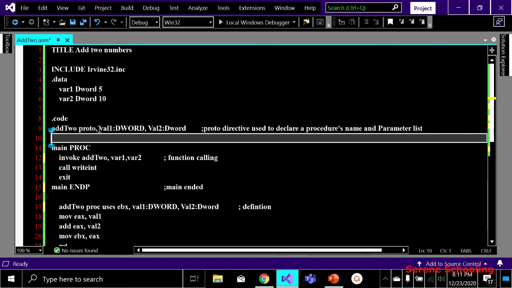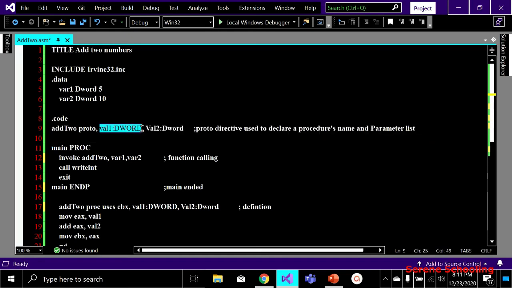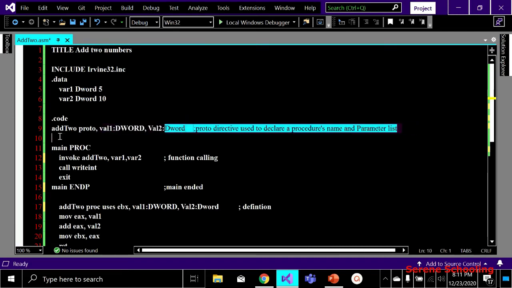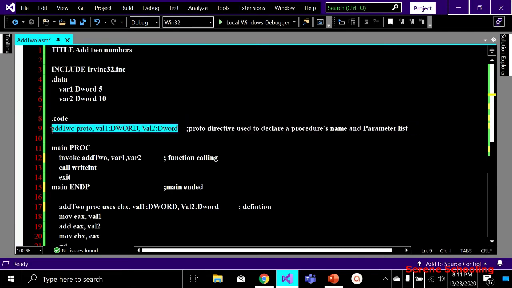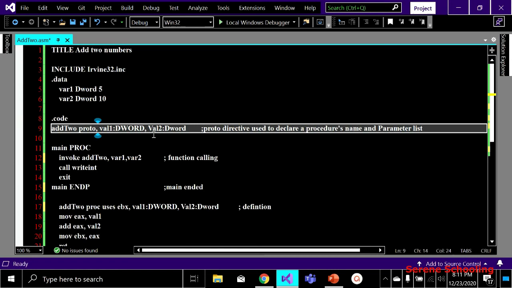This is how you declare a variable for our user defined functions, with the help of a colon, okay? Then comma, next value, colon, its type. This is the complete syntax for the prototype. You have to take care that you write the comma over here, then colon over here, then comma, like this. This structure must be followed as it is.